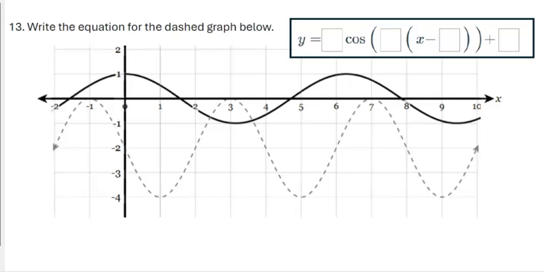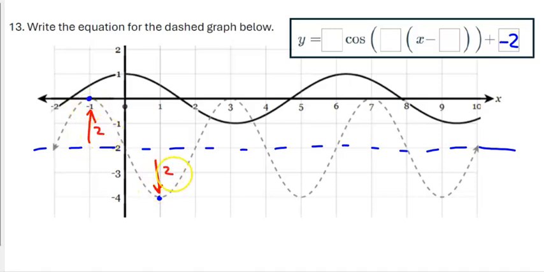In problem 13, the top of the graph is at 0, the bottom of the graph is at -4, so that means the midline is at -2. The period, so I'm going up 2 and down 2. The reason I keep doing both of them is, again, to make sure that I put the midline in the correct place, so the amount I go up and down should be the same